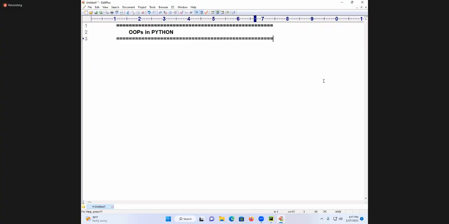Object oriented programming. Structure. Language. OOPS. What does the S stand for? Structure. How can you prove that? It is a structure. Right. So,